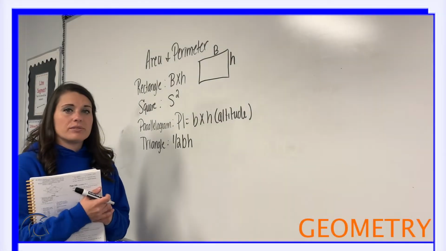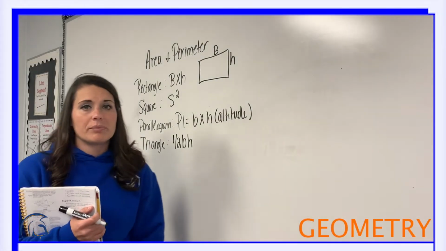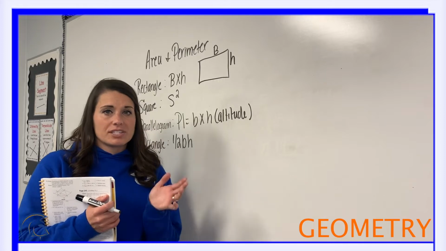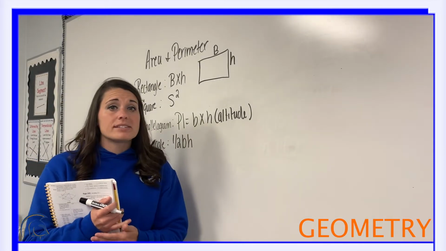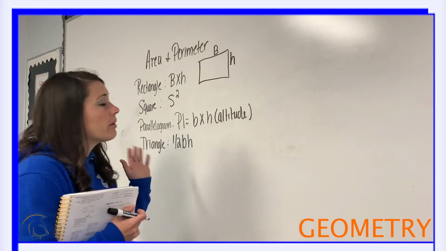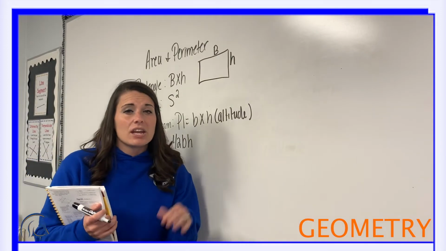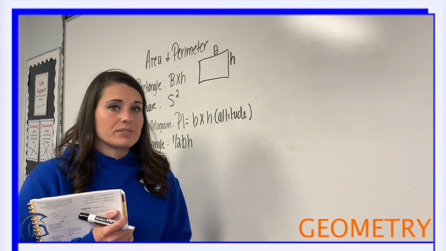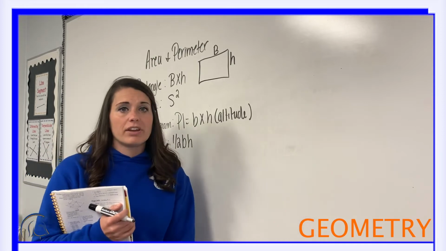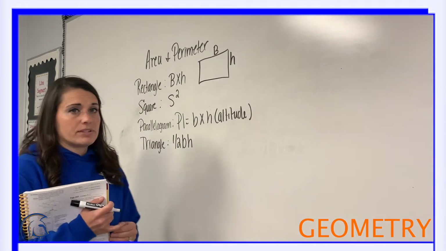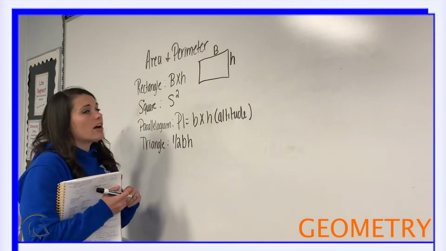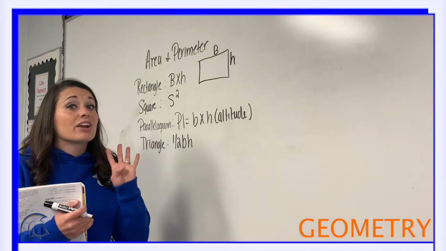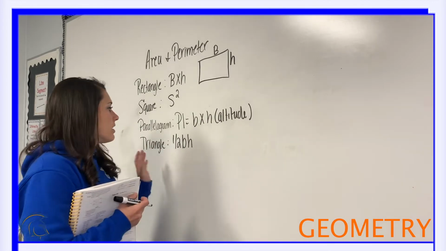I just wanted to touch on some things with area and perimeter to give you a little bit of information on how to solve those. You've been working some of them on your own, but we're going to go over a few today and also talk about the area of a trapezoid and how that is a little bit different from the other ones that we've talked about. Now, we are doing area of quadrilaterals, which means they have 4 sides, and also a triangle,